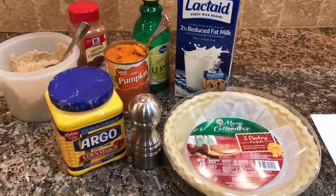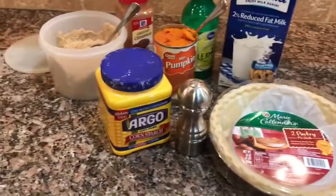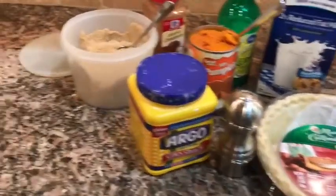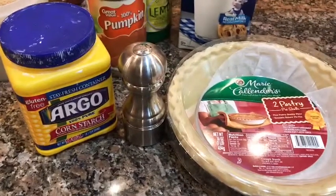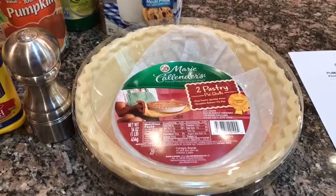Getting ready to make the eggless pumpkin pie. These are the ingredients that I'm going to use for those. I have some brown sugar, cornstarch, a pinch of salt, one pie pastry,